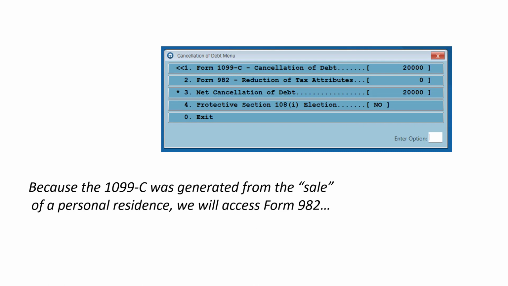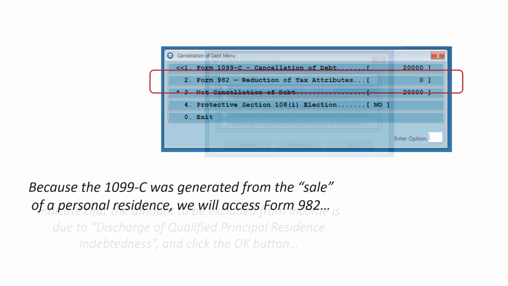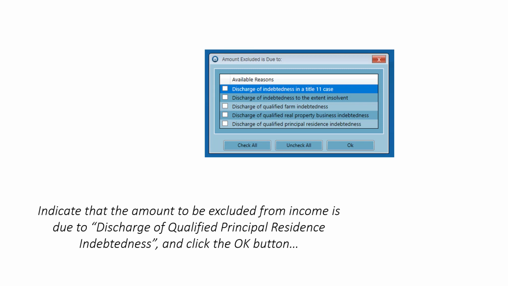Now, because the 1099-C was generated from the quote sale of a personal residence, we're going to access Form 982, the reduction of tax attributes. We're going to indicate that the amount to be excluded from income is due to the discharge of qualified principal residence indebtedness, and we'll click the OK button.